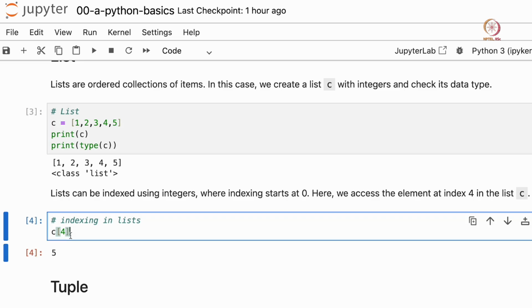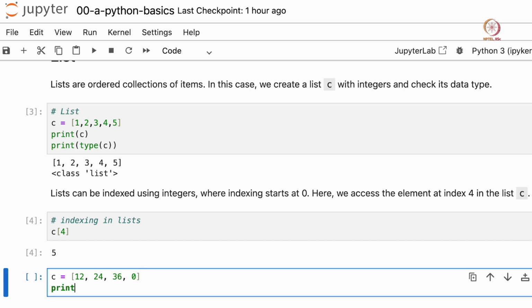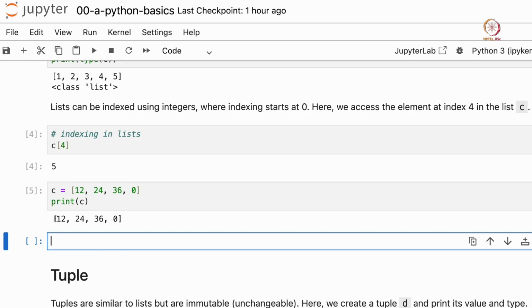Let's look at another example. Let's say C equal to 12, 24, 36, 0. I need to separate my data points by commas in a list, and then let's print C. We have gotten 12, 24, 36 and 0, and say now we want to access 36.